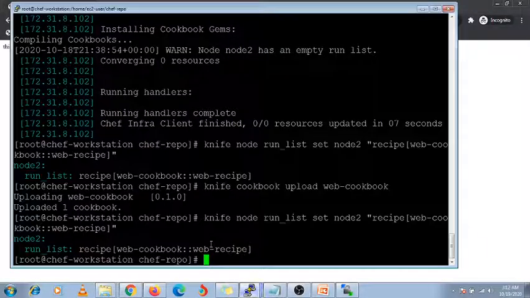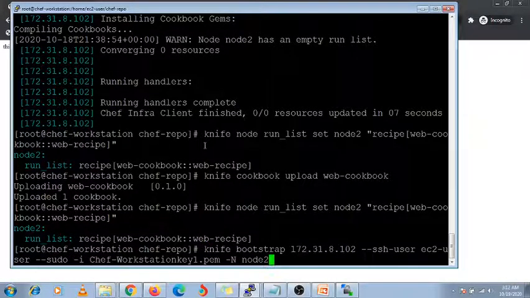So this is the automation you can do whenever a new node is added to your infrastructure. This process you need to follow. For that you need to use knife. First you need to add this node using bootstrap, so that the node will be added.